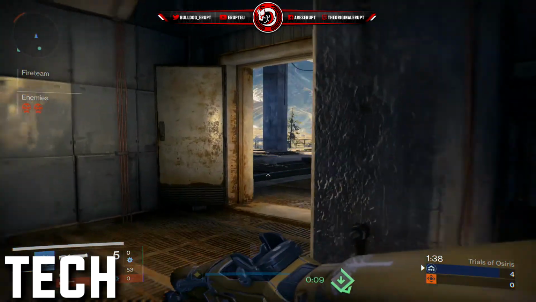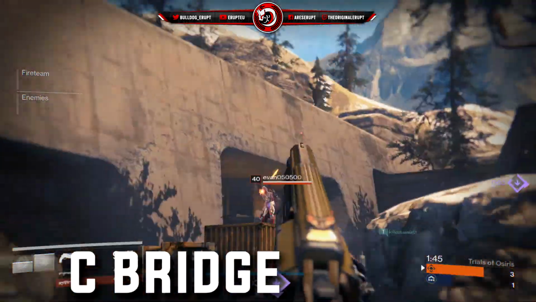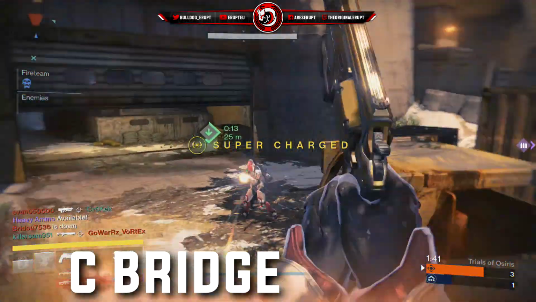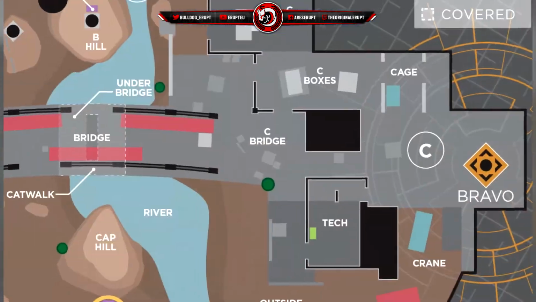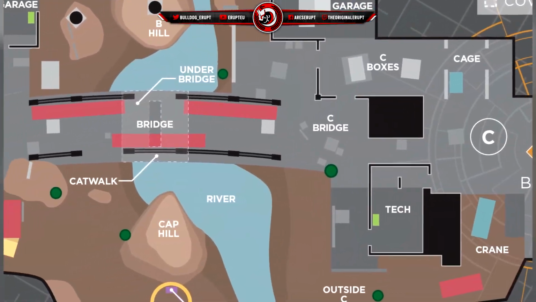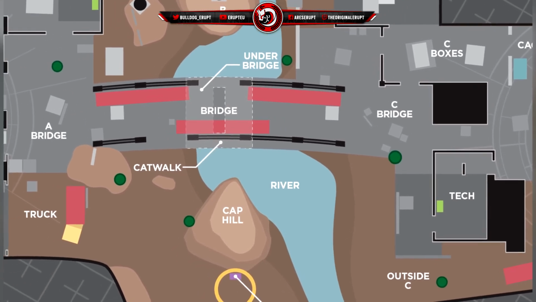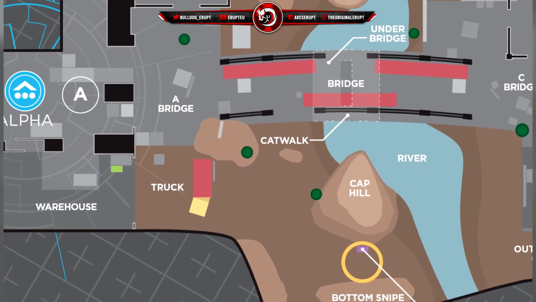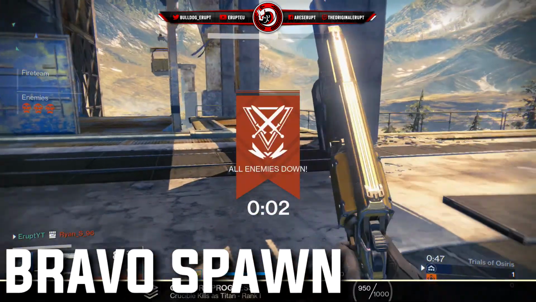Next up, if you go to the bridge again, you've got Outside C, which is protected by a bunch of different concrete blockades, so you can take cover behind them and snipe down bridge, or you can even snipe down again to Bottom Heavy or Cap Hill. It's a great place because you have a bit of an uphill advantage aiming down to Warehouse. You've got a great view all the way into their spawn,